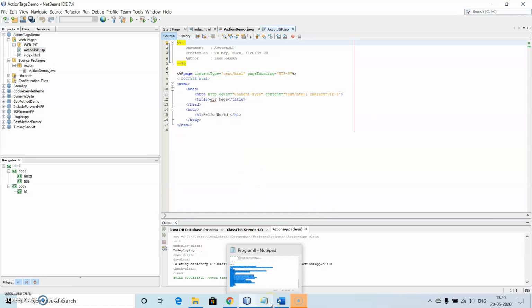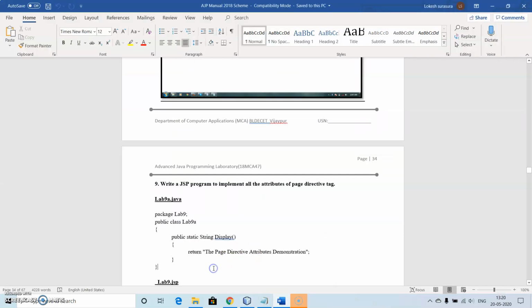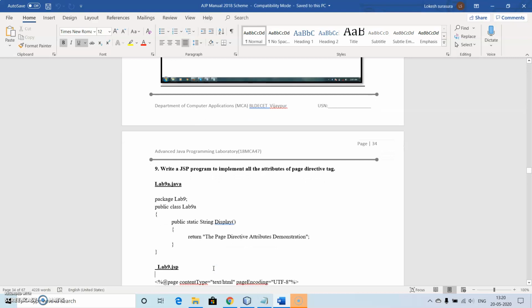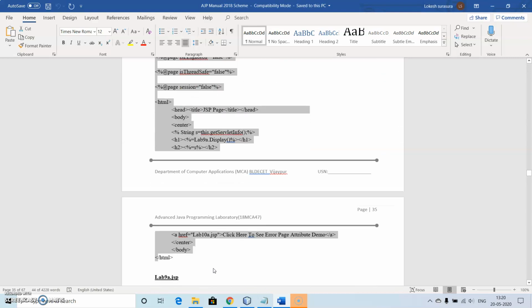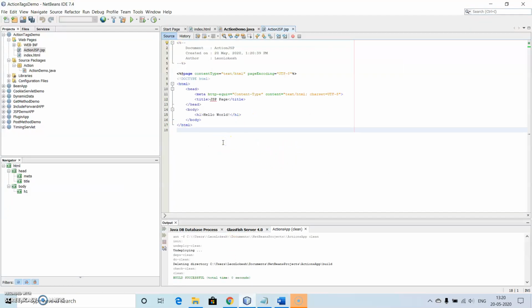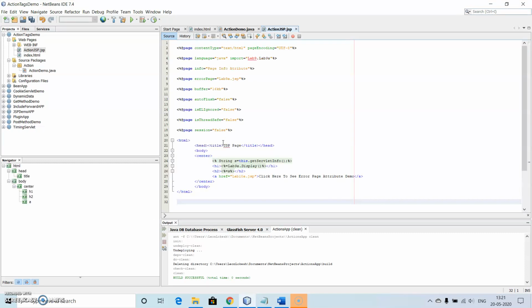Now let's copy the code. So in this we just need to change the values, whatever class name I have given, that is action demo is our class name, and here also I need to give the package name with the class name.